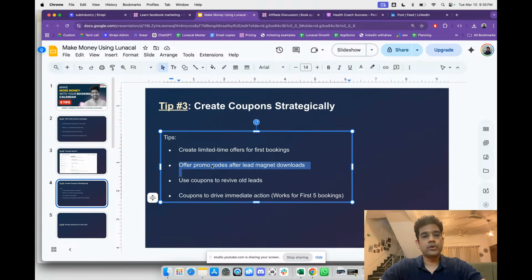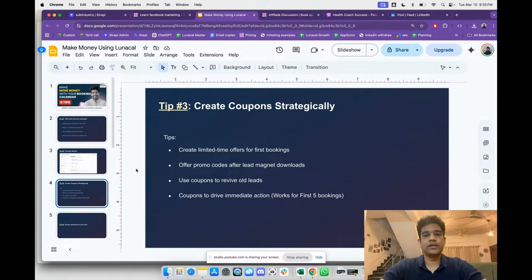What you can also do is you can offer these promo codes after any lead magnet downloads, right? So let's say you have gated content. Whenever someone downloads that content, you give them a coupon that they can use, right? Or you can use it to revive old leads. To all your old leads, you send them a coupon saying that you get 50% off on your next booking,